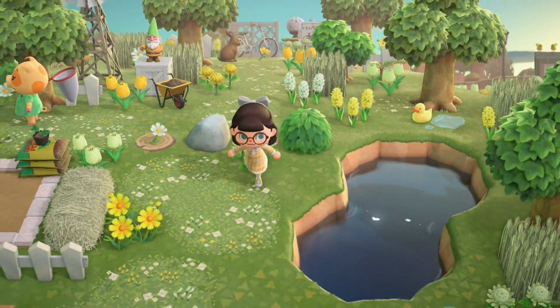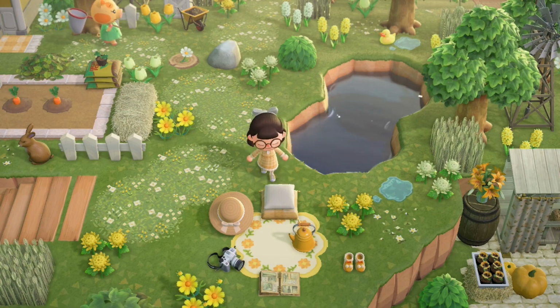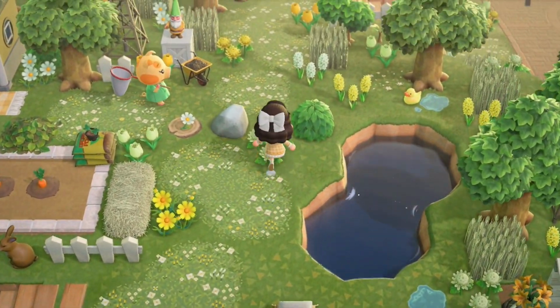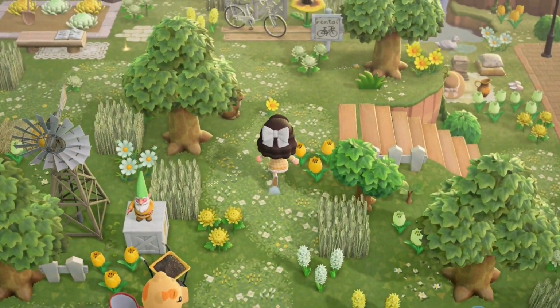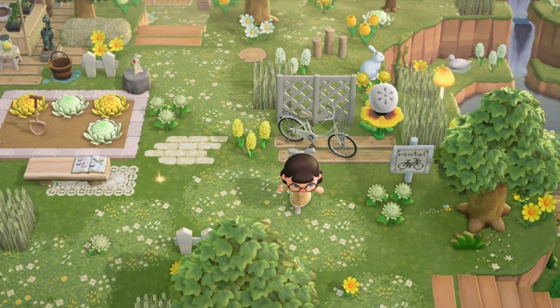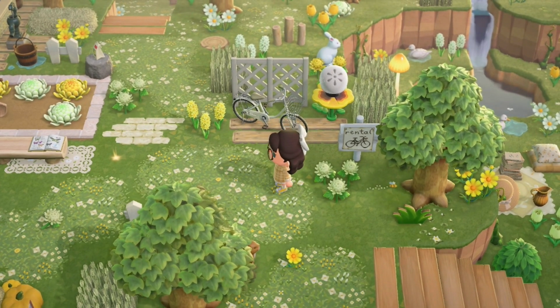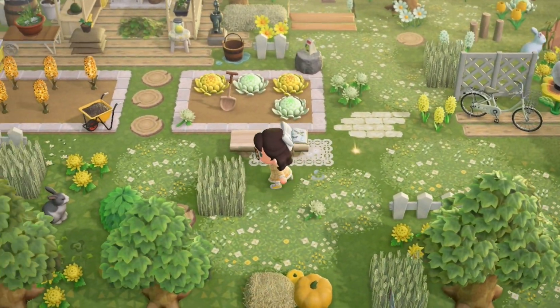And then there is a tiny little baby pond over here with a little picnic area as well, which I just thought was sweet. Lots of flowers everywhere, wheat fields all mixed in together. There's a little rental bike thing here, which was just purely a space filler. And then in the background here is